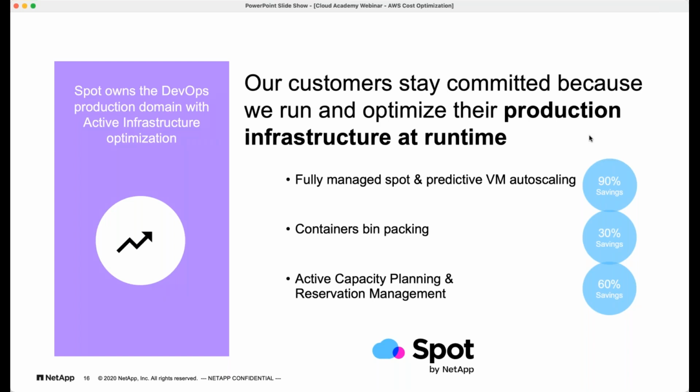We do a lot of modeling and machine learning on the back end to understand the ebbs and flows of all the different markets that happen in AWS. We understand how the Kubernetes cluster runs over time and how most efficiently to bin pack. These are decisions that the platform makes that we take out of the DIY hands and offer as a service. And this is why customers trust us with their production infrastructure and run large-scale applications on our platform,